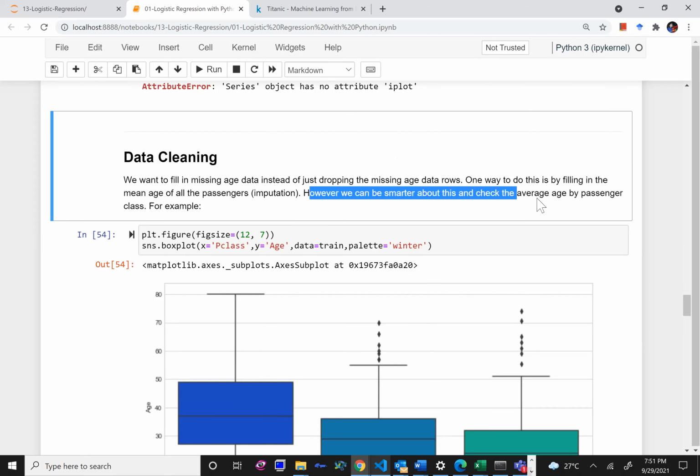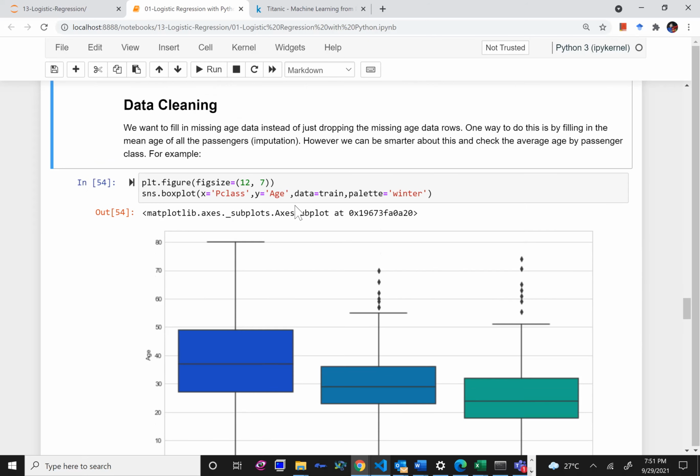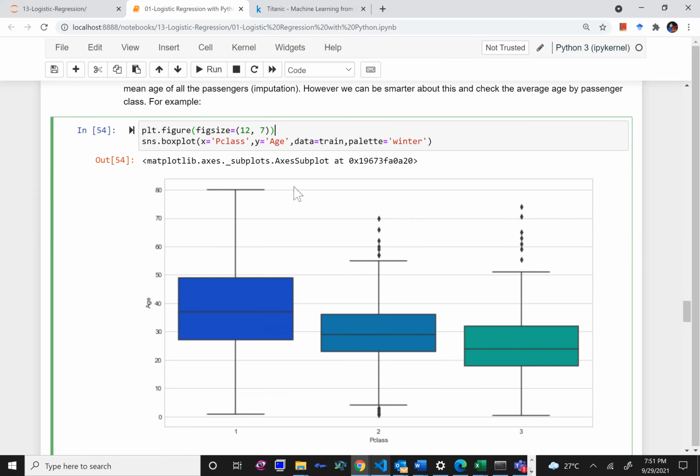There is a smarter way to do the same thing. Let's plot the passenger class and age. I just want to see the distribution of age passenger class wise: the age of persons traveling in class 1, in class 2, and in class 3, right? There is no law which says that only people between 60 to 80 years of age should travel in class 1, and people below 40 years should always travel in class 3. There is no rule like that. So let's see how our data looks.